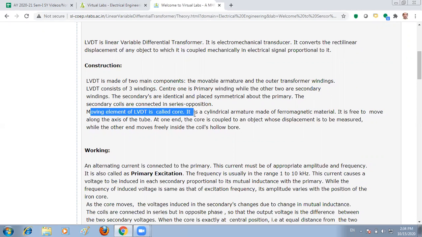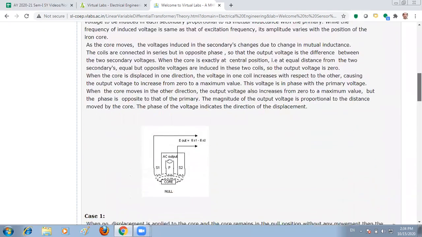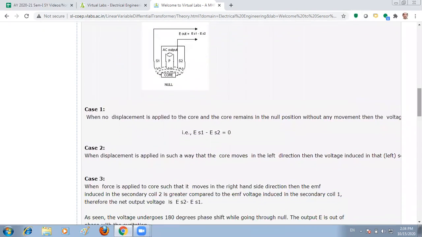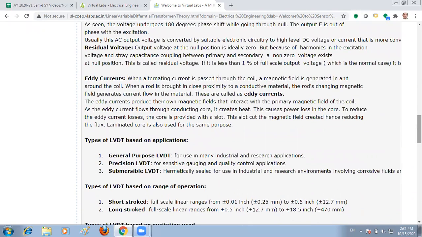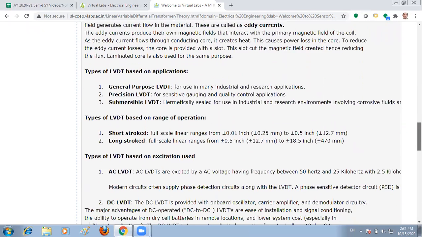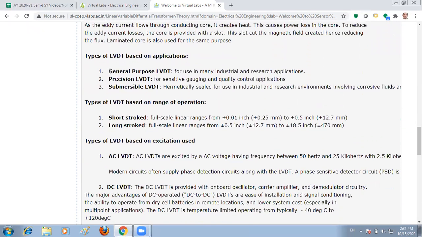The moving element of the LVDT is called the core. It is a cylindrical armature made of ferromagnetic material and it is free to move along the axis of the tube. The working of LVDT is given here. Then, what is residual voltage? What are eddy currents? The types of LVDT based on application are given, that is general purpose LVDT,